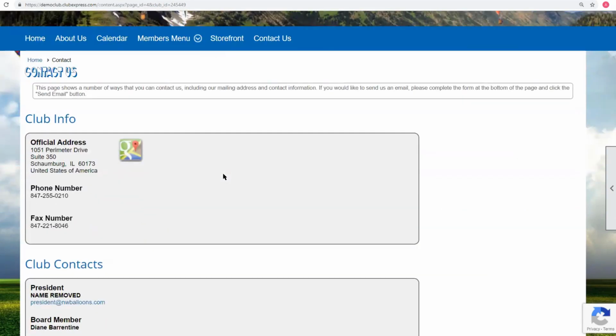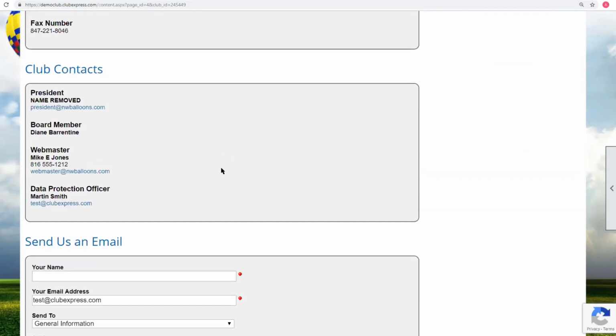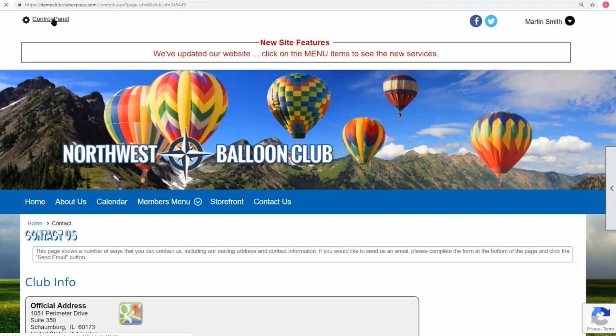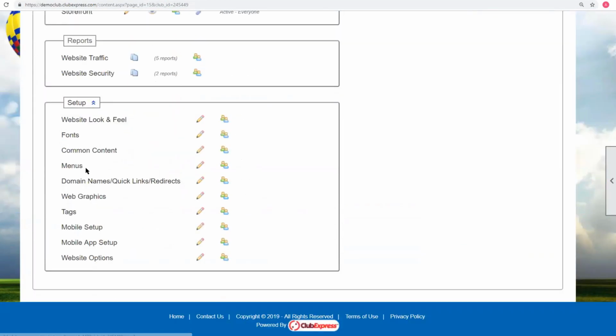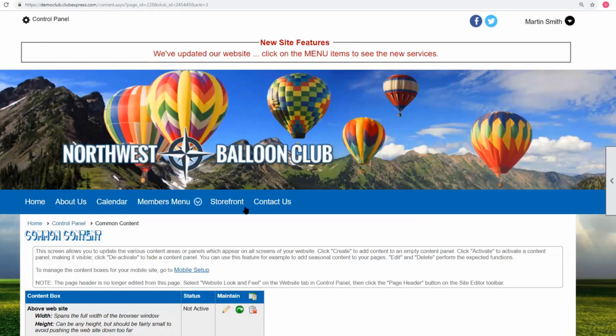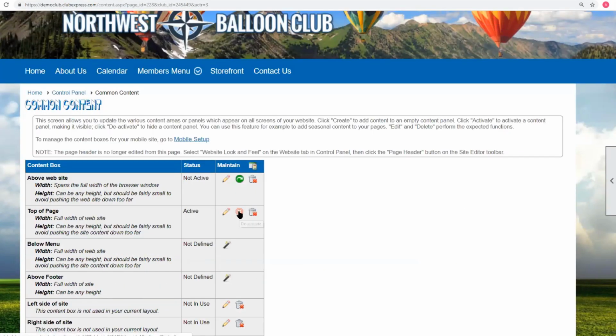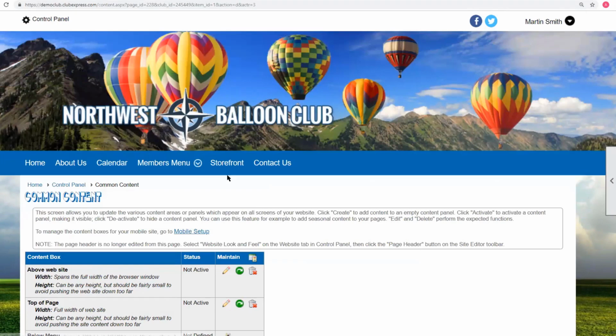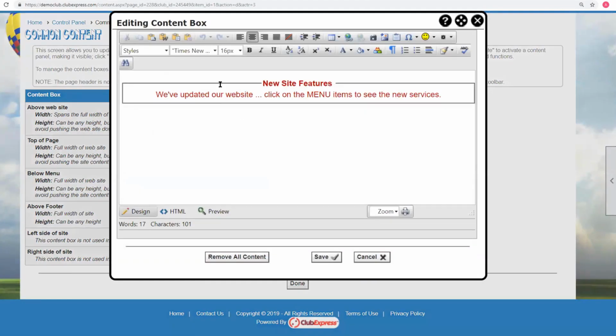So let's do this. Let's go back to the control panel and go back to common content. And I'm going to turn off that. So this X here doesn't delete it, it simply deactivates it. So if you've got something where you've got content and you've got the complete editor here, and not surprisingly, you've got your fonts and you've got your complete editor here, you can edit all this and put it in any